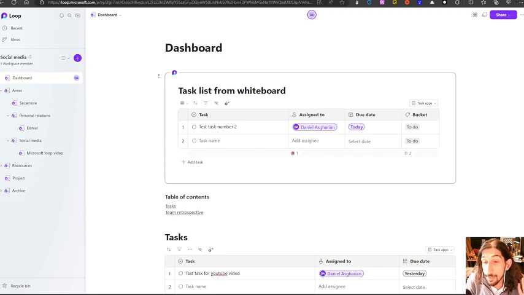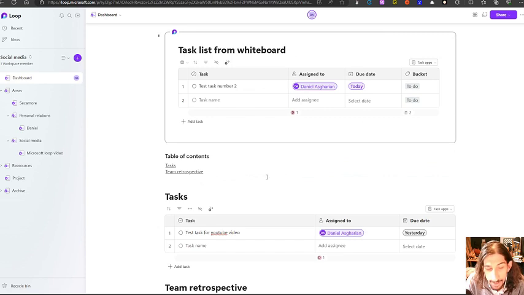Today we are talking about Microsoft Loop, and if you're new to the channel, I cover productivity apps, tips and tricks, and just in general mindful productivity. Today we are taking a look at Microsoft Loop and how this works, or at least I'm going to show you some of the features, and I'm going to talk a little bit about what I think Microsoft Loop wants